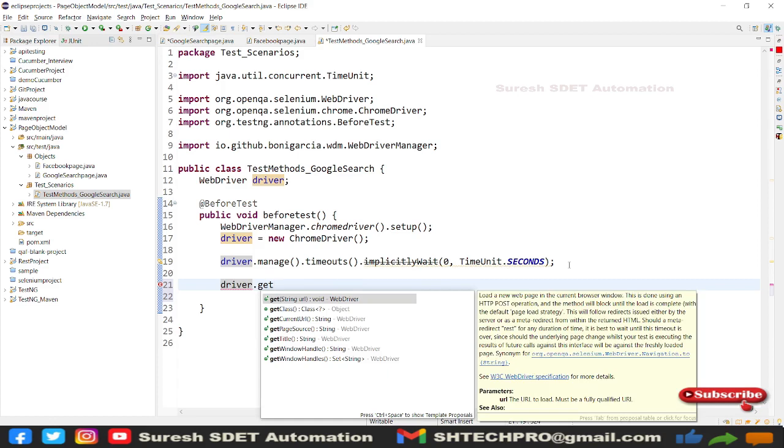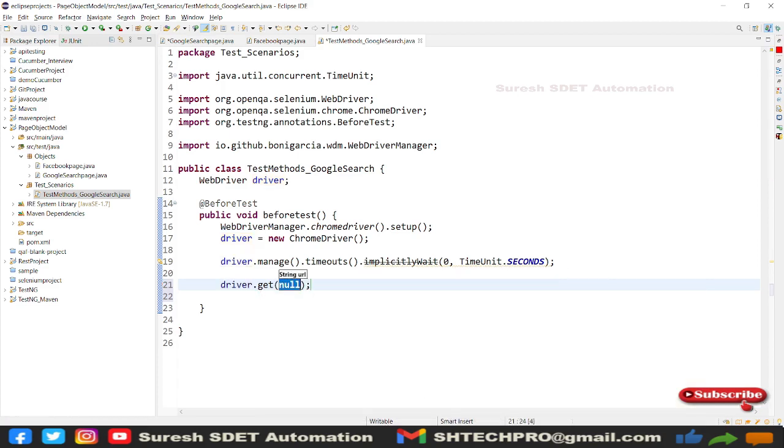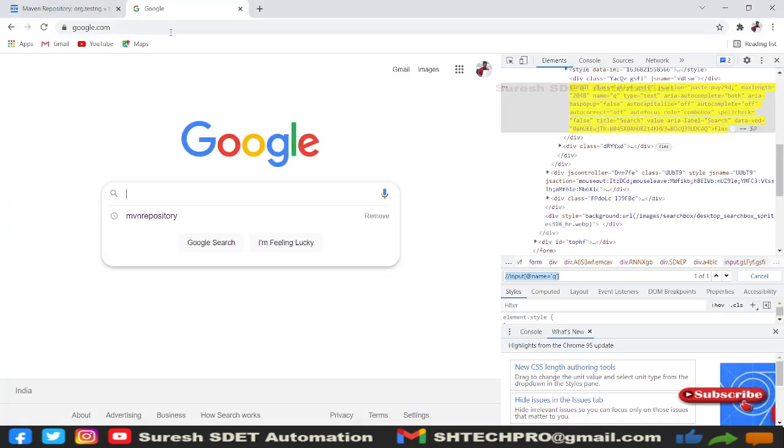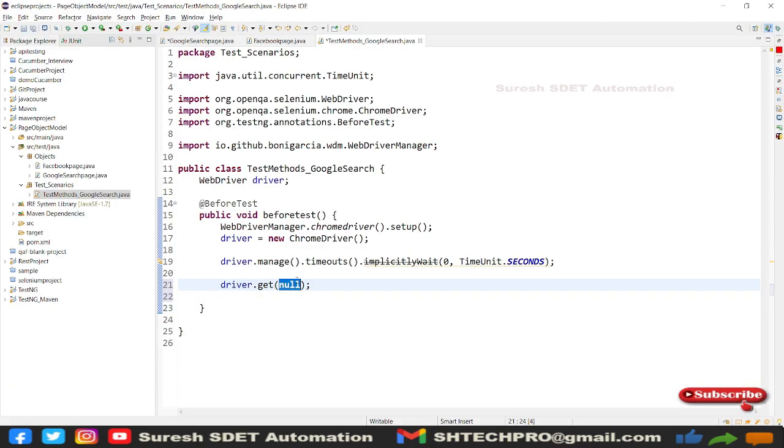Driver dot get, and under that get we need to call our URL. So for now, this is my URL here. We need to place it in double quotation marks, right? And then after that we have after test,